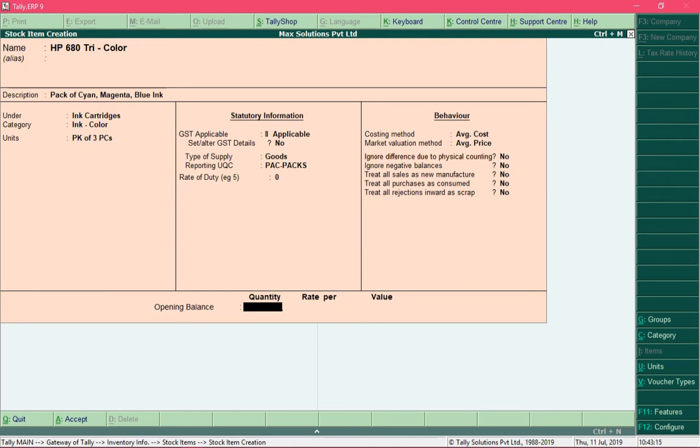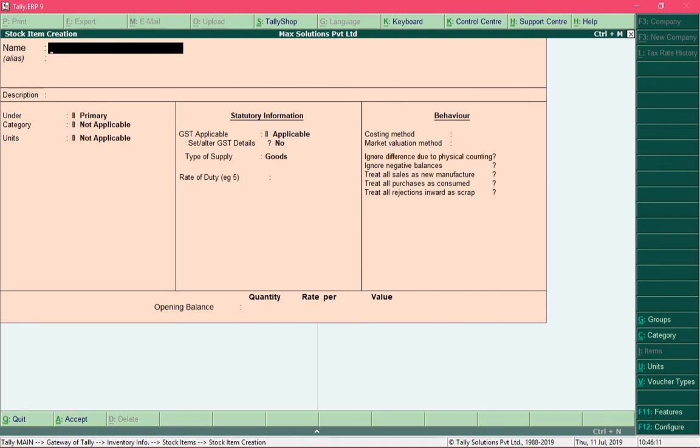Suppose I have 10 packs of this item, then I can specify its quantity over here, specify its purchase rate, and specify the unit whether it is pack or pieces. This is useful when you want to record opening stock for an item. Right now I'm not going to specify any details over here, and I will just accept the item creation.